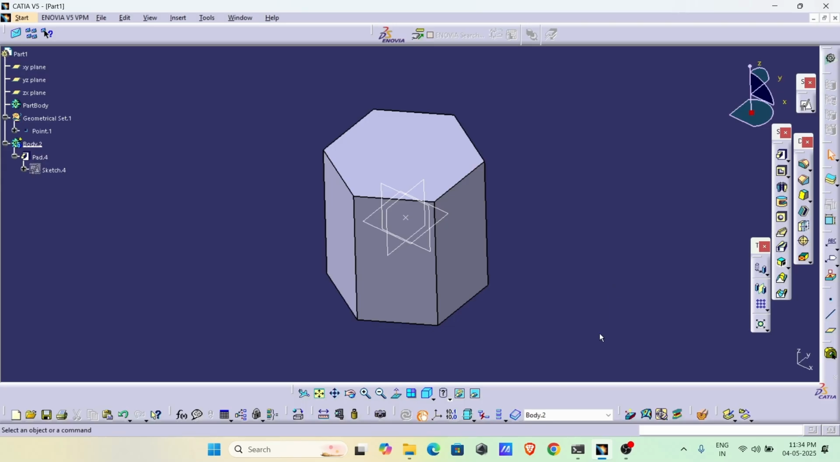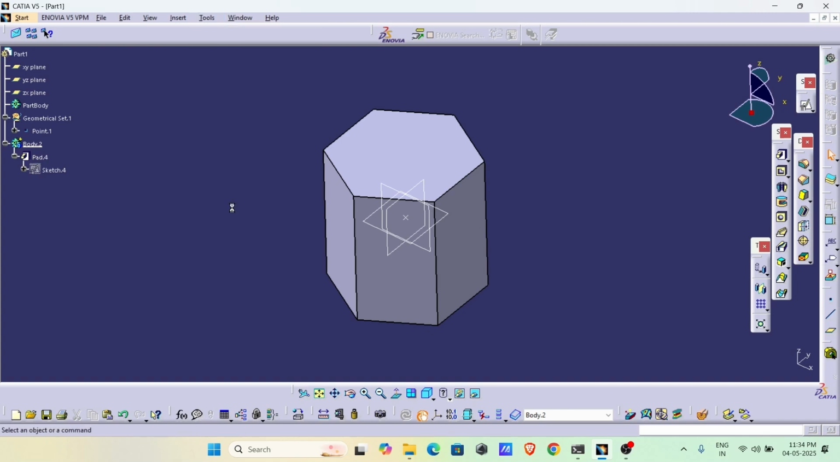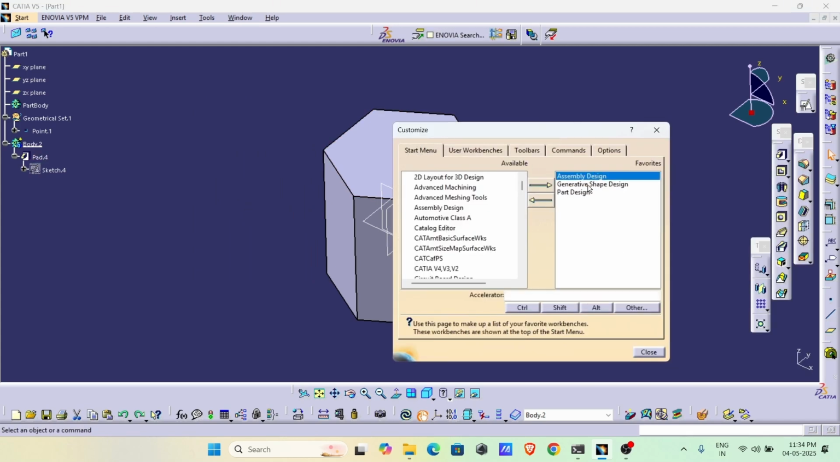So we will see the settings under the customize. Go to the tools, customize, and under the start menu select all of the workbenches you need to be on. You can select it in the quick options, or you can quickly activate these workbenches. So you need to take it from this list to the right side. I will take drafting, which is missing, so I will take that